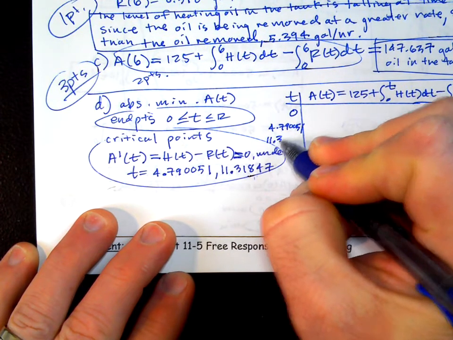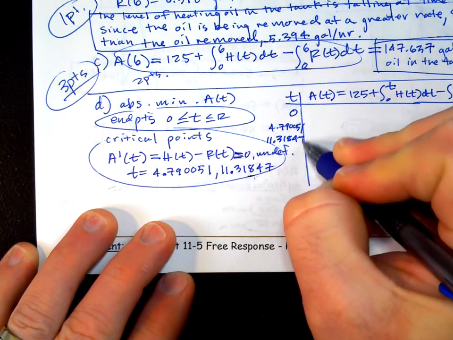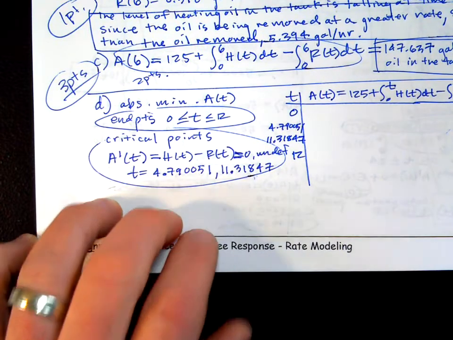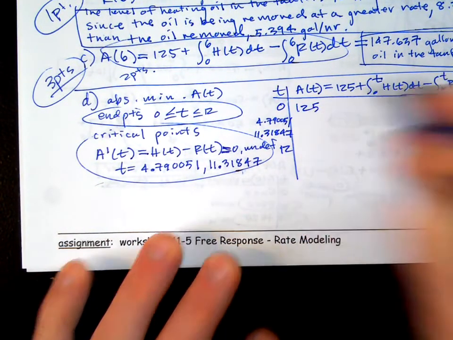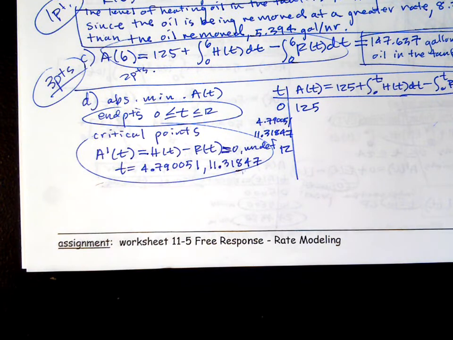Remember, write more decimals than 3 decimals if you're using it to calculate other things, okay? Now, 0 is easy. That's 125. And then